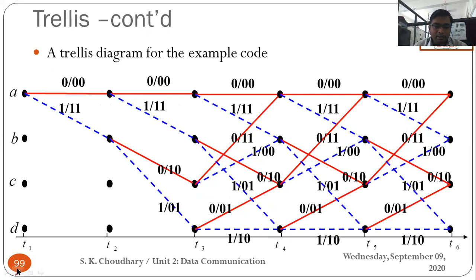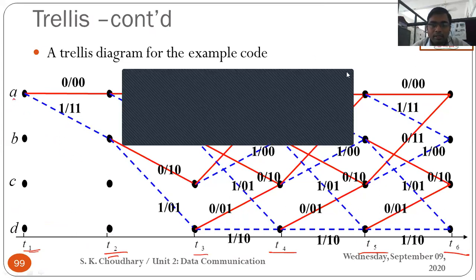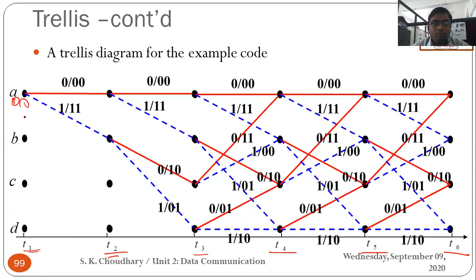This is shown with the help of the trellis structure. You can see that the state diagram does not have the facility of the time domain, but in this trellis diagram we do. So you can define T1 to T6, or T0 to T5. At every time instant we have 4 nodes, A, B, C, D, but we always have to start with 00. So at time t1 we always have only one state, 00. That is our originating state.